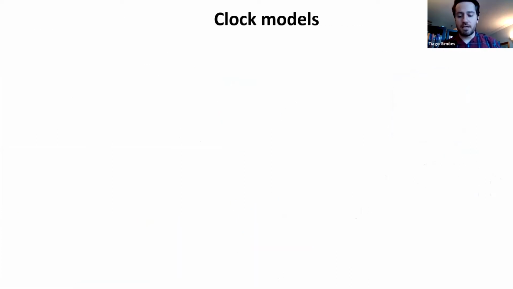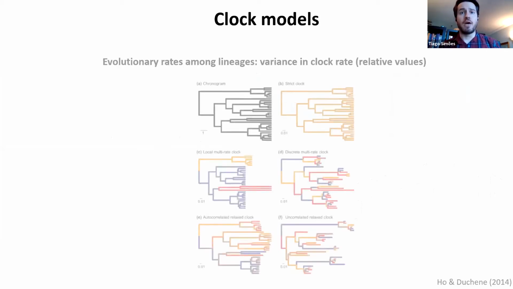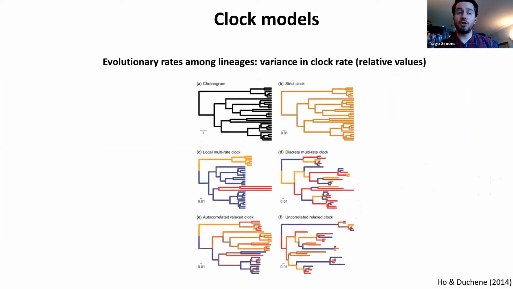Some of the main developments over the past decade have been in the development of different kinds of clock models that we use in such analyses, which essentially govern the mode of evolution associated with trait evolution. For instance, with autocorrelated clock models, we allow parameters to change gradually throughout different lineages, whereas with uncorrelated clock models, we allow those rate values to change more drastically along neighboring branches, or we can have other parameters such as local clocks that essentially allow values to transition among different clades.